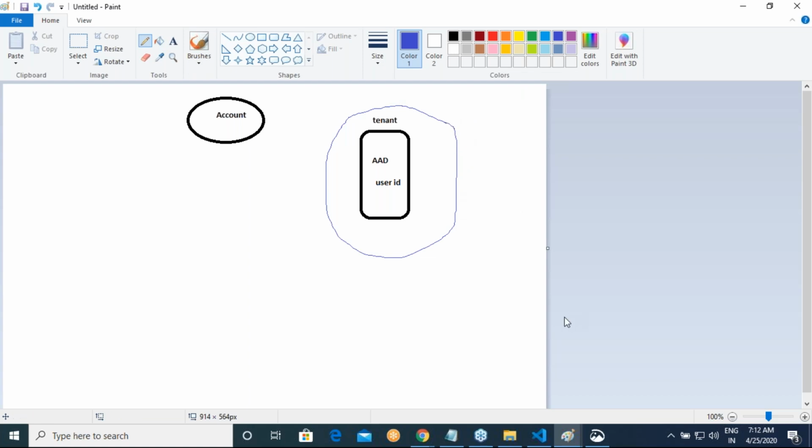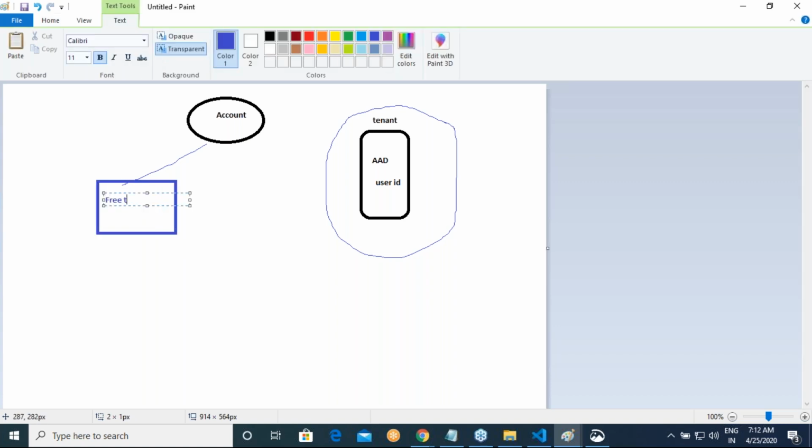For the people who are finding Azure Active Directory difficult, you can think of this tenant as something that will allow you to log in, log out, or set the permissions: what you are allowed and what you are not allowed. And in this account, we would have subscriptions, and that is where you create your free trial account.